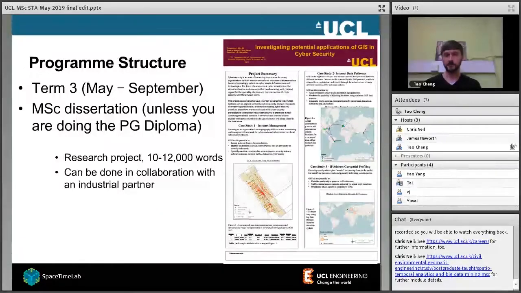We also have a range of industrial projects with industrial partners. So I would say around about half of our students each year do an industrially linked project where you may get the chance to work in the offices of a business. We have links also with the Consumer Data Research Centre in Geography, who run a program where they offer dissertations linked to retail partners. So plenty of opportunities to engage with industry when it comes to doing a dissertation. The project is 10 to 12,000 words in length, and you will end up producing a report and a poster like this one here towards the end of your degree.